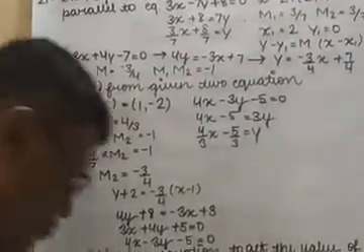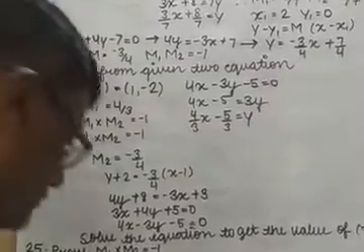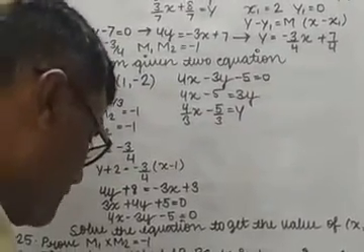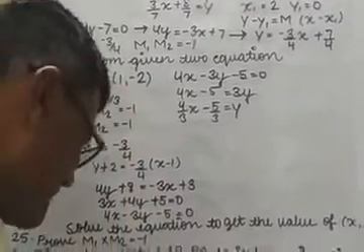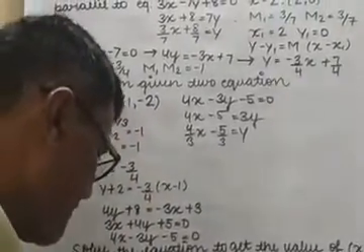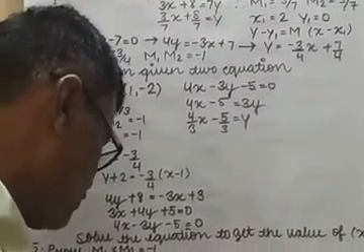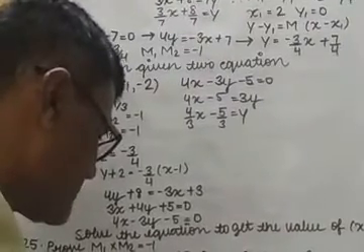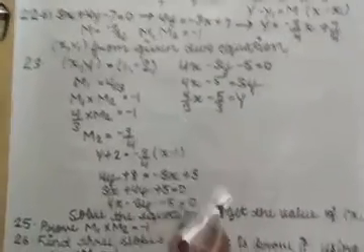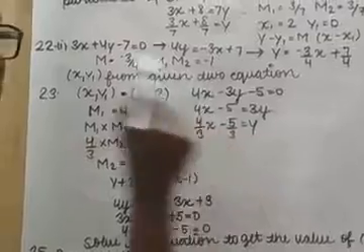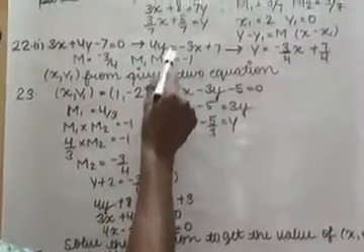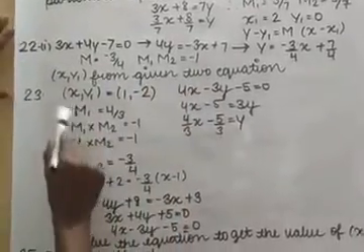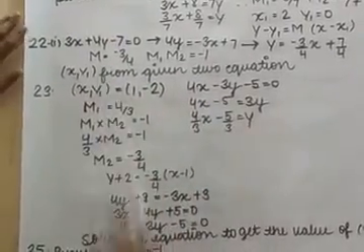Now question 22 part 1. First of all, the equation of the line is given to you and you have to find the slope. So I have calculated the slope first, and then in the second case, the equation of the line perpendicular to the given line and passing through the intersection of two lines, this and this. Two equations are given, so you will solve those two equations simultaneously to get the values of x and y. The slope is with you. You can easily calculate the slope by using this formula, and then you can form the equation.